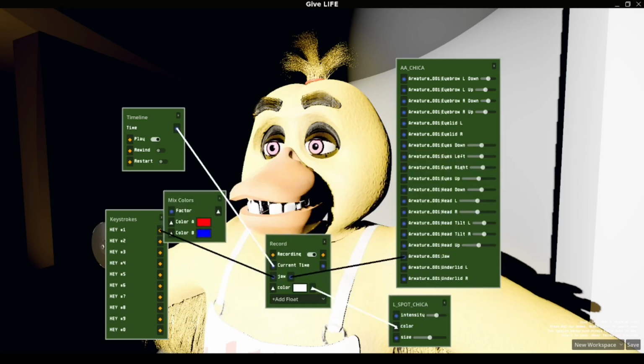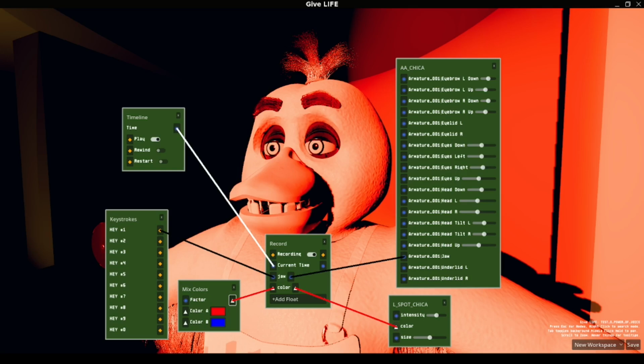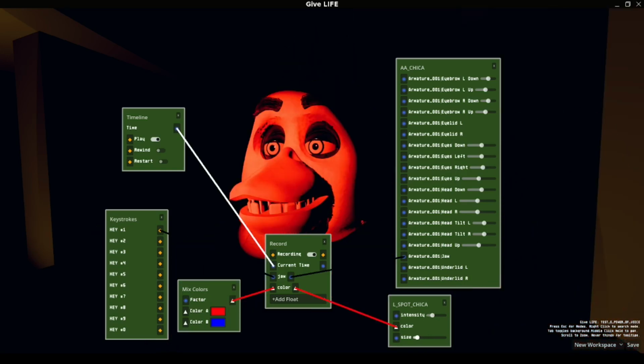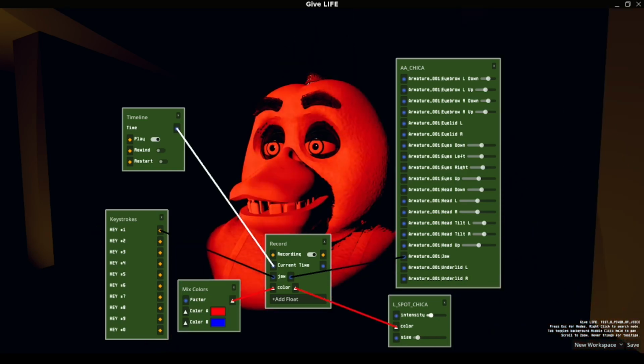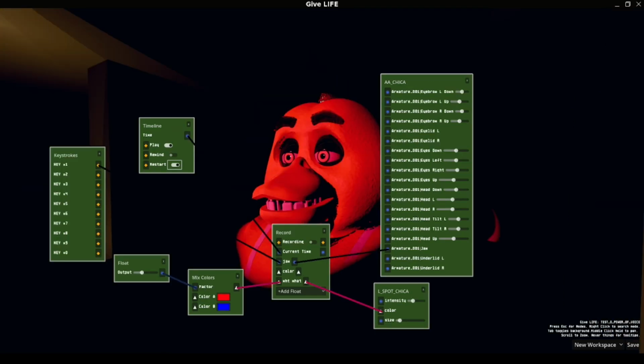Mix colors. Let's go here. Turn down intensity, turn down the size. Let's get small. There we go. I plug in the color that I can change. And then we're going to record and restart and change it from blue to red, however we want. And then restart, play back, and it does that. Ain't that cool? Yeah, that is how recording works. You can play around and have fun with that however you want.